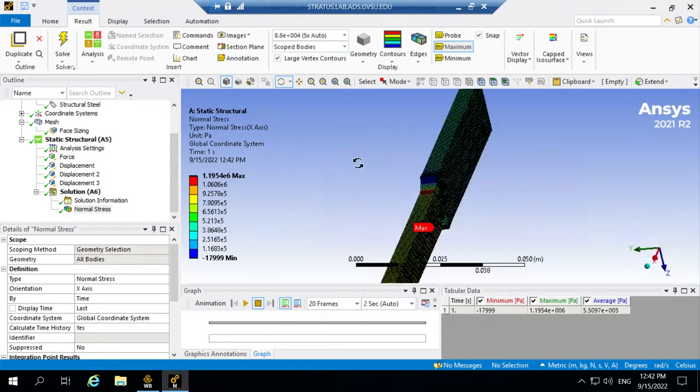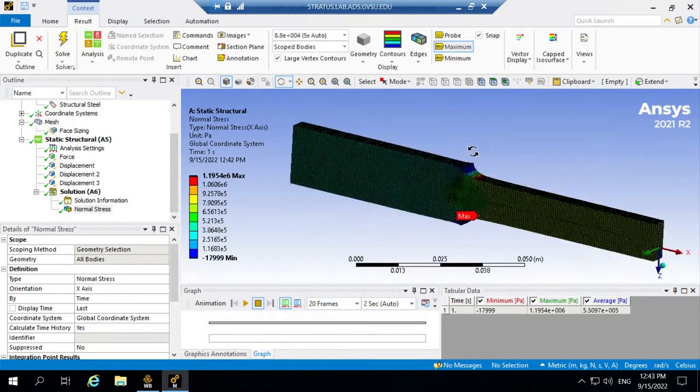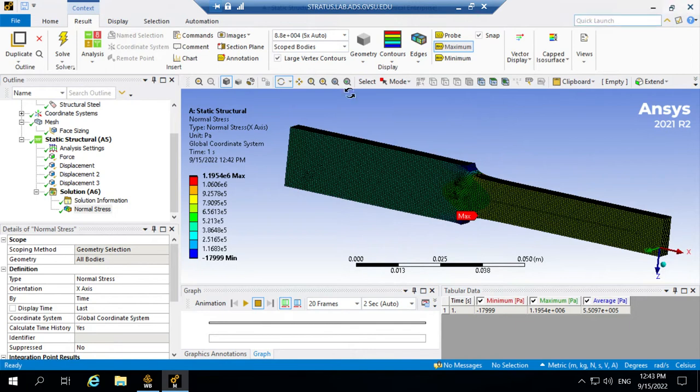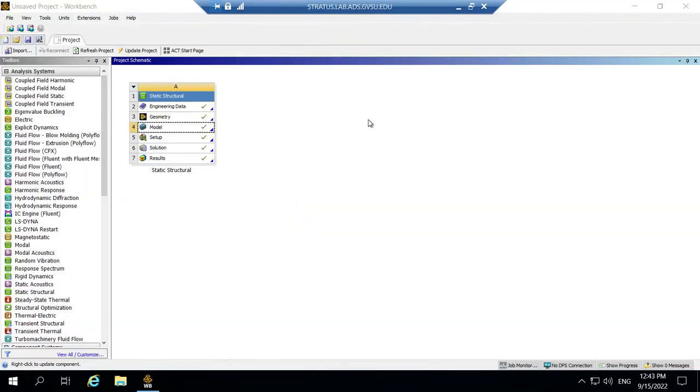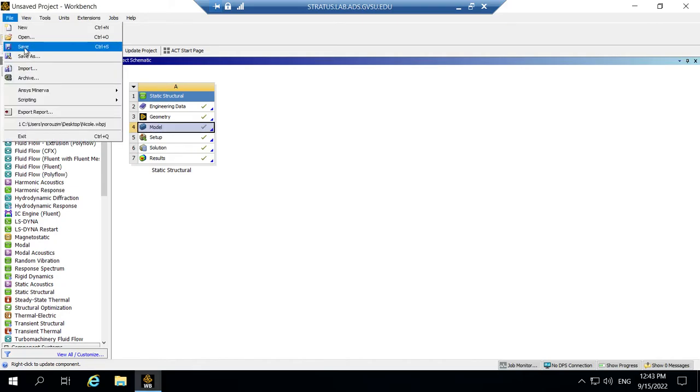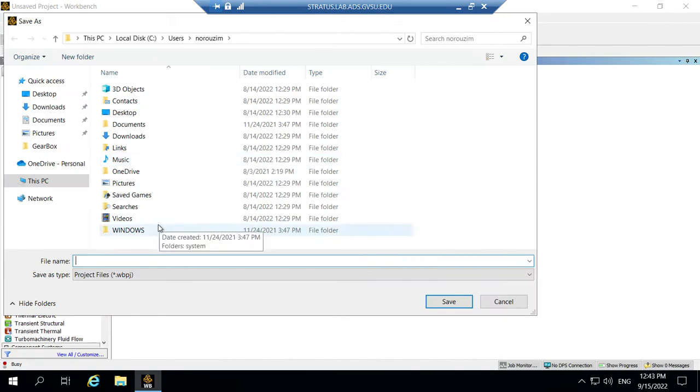So this is it. I hope this was a useful video for you to do your first FEA analysis using ANSYS Workbench. Alright, I close that. Now look at here. You have all check marks. That means that the model is completed. We have also results and solution, everything there. You can then save the project, right? So if you say introduction to FEA project,